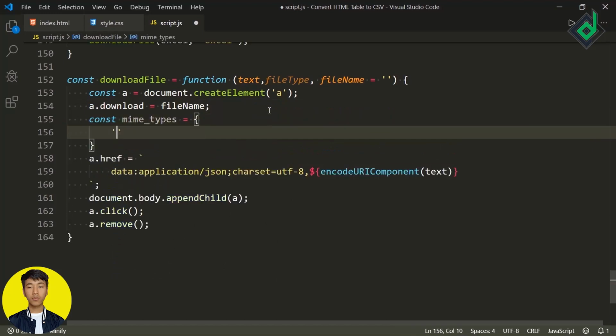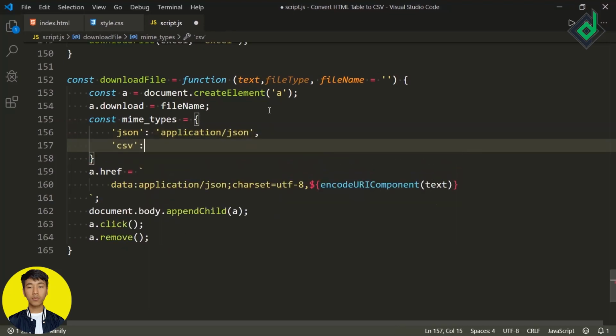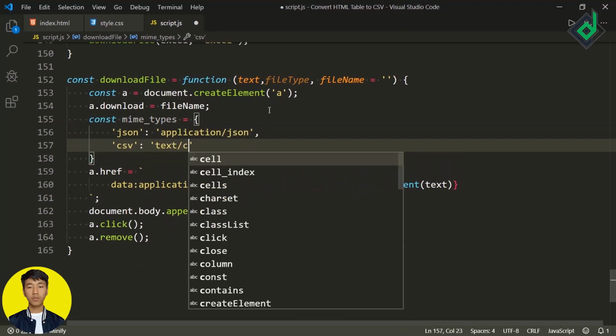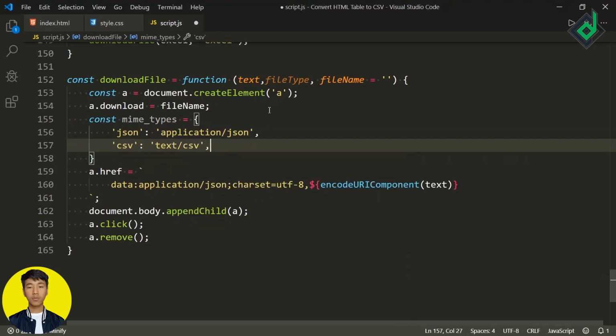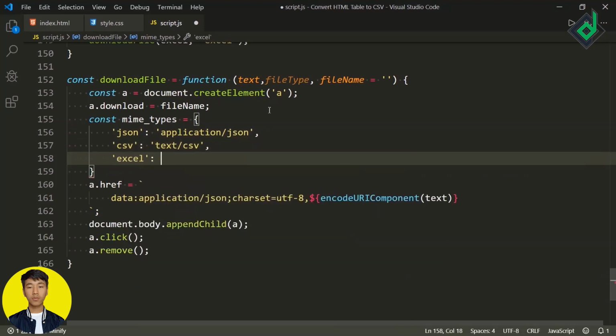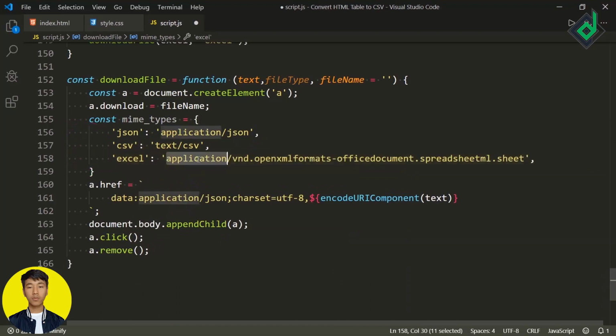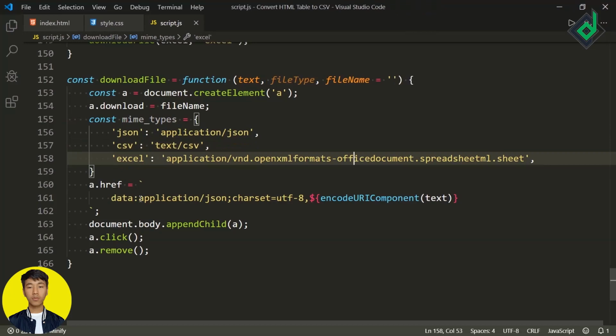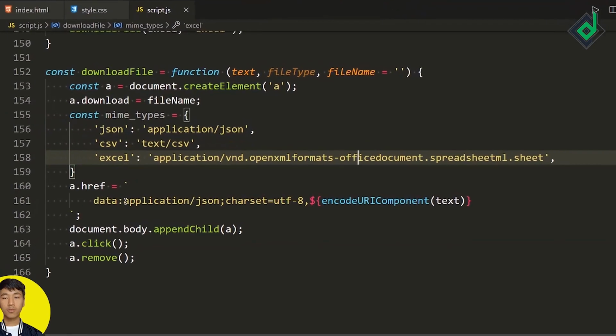Let's give the key json. For json, I'm giving the value application/json. Also now let's create another key csv. For csv, let's give the value text/csv, and for the excel key, let's give this value. If you want to export your Excel file with the XLS extension, you need to give this value. I'll give this value in the description below, you can check it out.